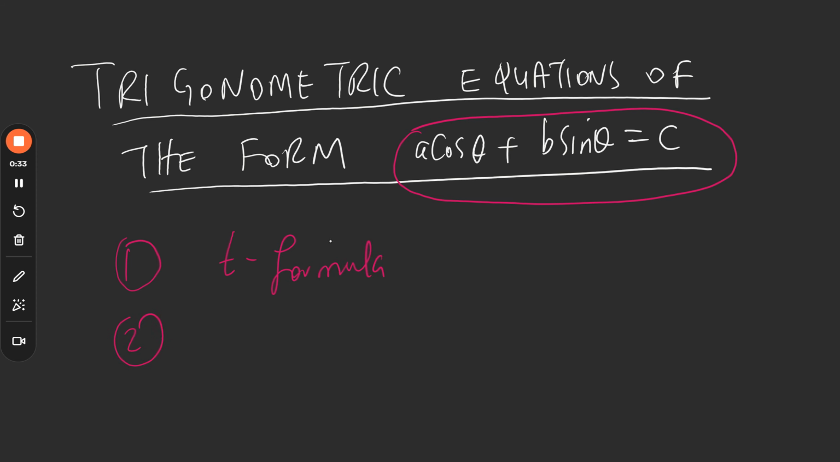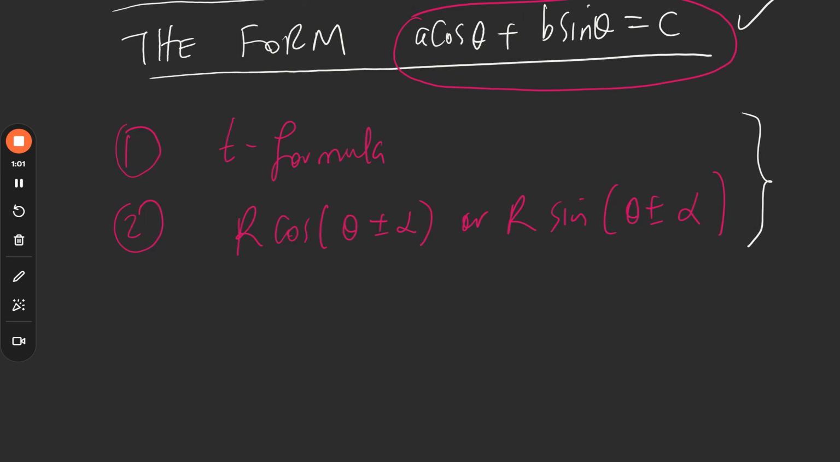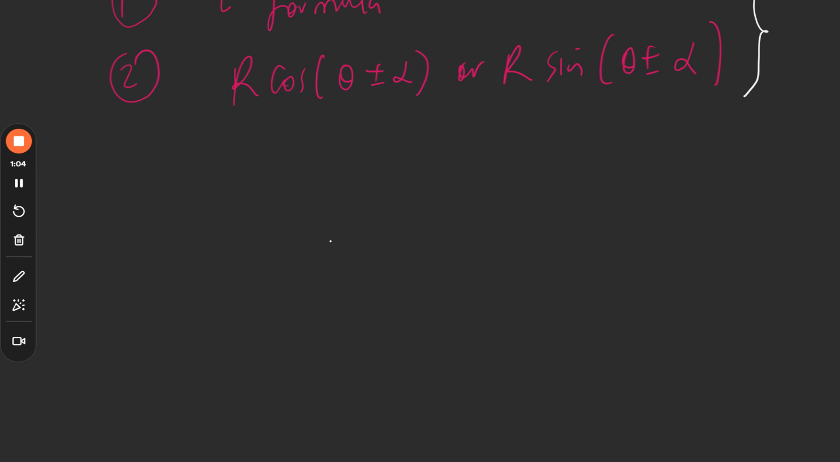or we use this form: r cosine of theta plus or minus alpha, or r sine of theta plus or minus alpha. And we are using these two forms to make sure that this trigonometric equation is going to be solvable. So with the t formula, starting with the t formula,